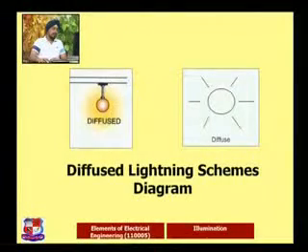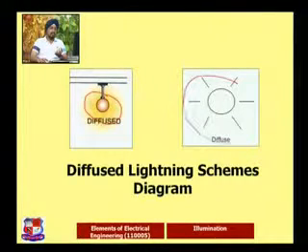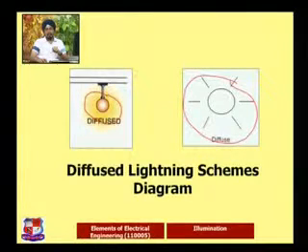The diagram for the same: see diffuse lighting, no cover is there, nothing is there, whatever the ideal condition is, the bulb or the source of illumination is there, it is going to illuminate the particular rays, and uniformly it will be distributed to the nearby area. So for a small area around that one, we are able to use the lighting in a uniform manner, and that will happen due to the diffuse lighting scheme.